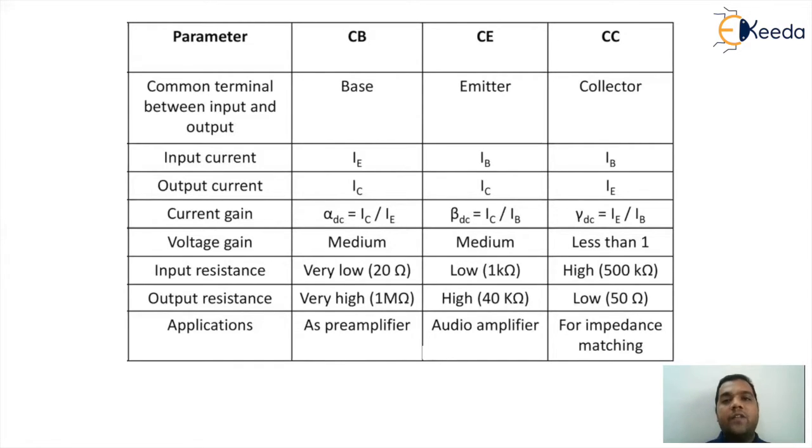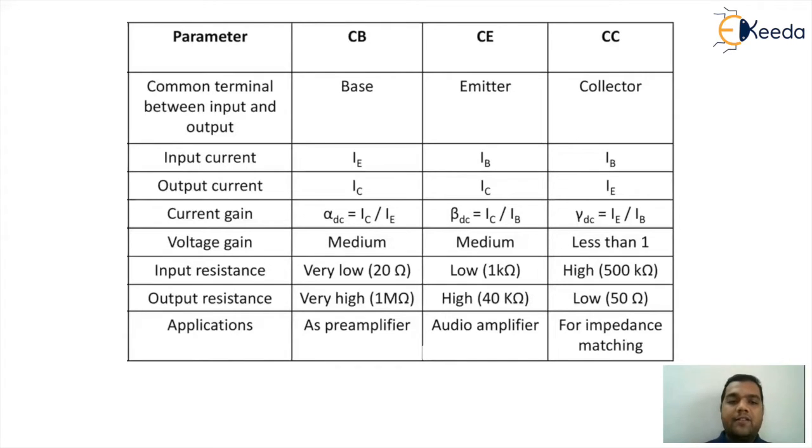The voltage gain of the common base or the common emitter is normally shown as medium because when you see the gain with respect to multi-stage amplifiers, the multi-stage amplifiers will give you very high gain. So the voltage gain of the common emitter or common base amplifier will be around 70, 80, 100, whatever it may be, depending on whether we are going for bypassed or unbypassed configuration. Whenever we go for unbypassed configuration, even the gain can reduce to a value of 15-20. The common collector will give you a gain approximately equal to 1.